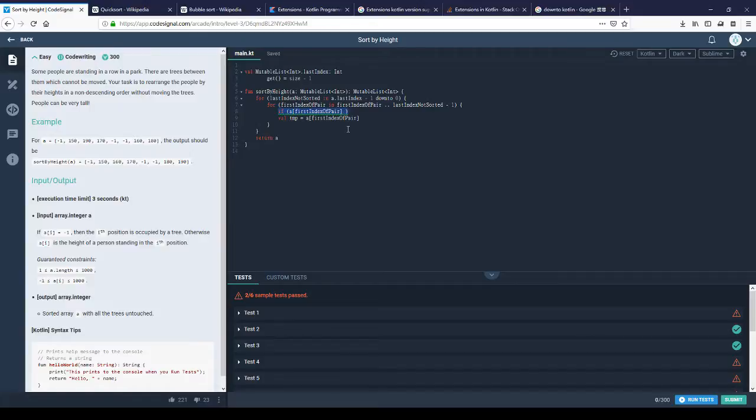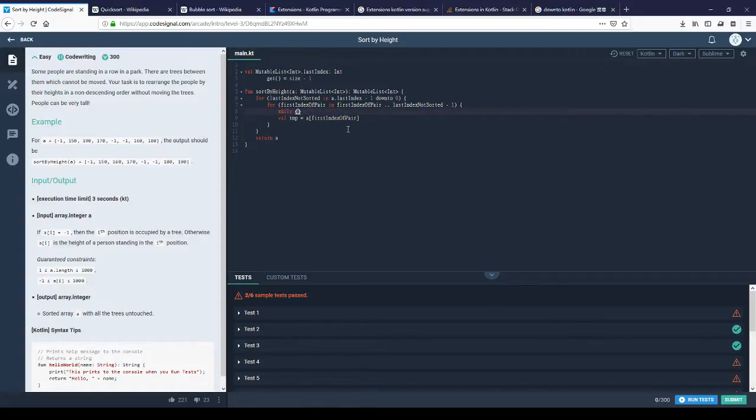We're not going to swap if the left value is -1, but so second index of pair is not